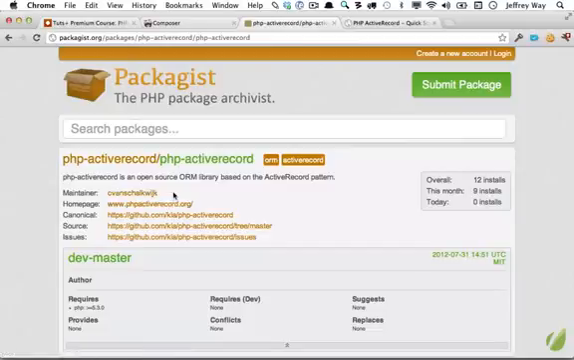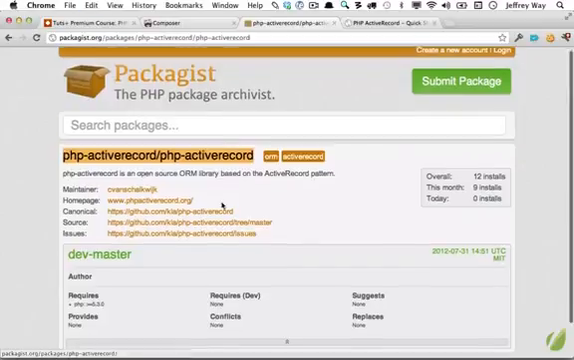What we see here is it's an open source ORM library based on the Active Record pattern. It's very likely you don't have a clue what any of those mean, and that's okay. Once I show you how it works, I think you're going to love it, though. It's very cool. So what we need here is the name, so I will simply copy that, and we also need to specify